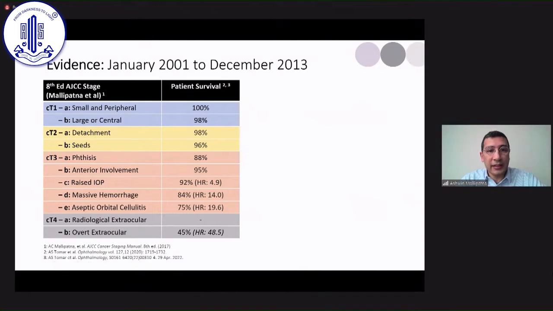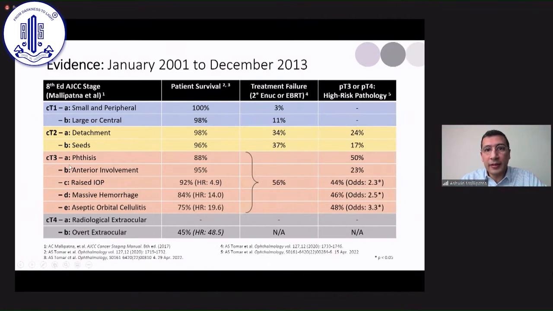Tomar and his statistical prowess, we've rejigged the evidence and recently published on the patient survival in each of these stages, which is listed here, as you can see, and it does go in a hierarchical manner, with the least survival being those with obviously extraocular disease, and group E eyes are what we used to call the CT3s over here. If you look at treatment failure as well, you can see the similar progression, where secondary enucleation is more